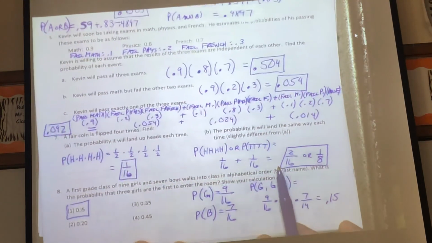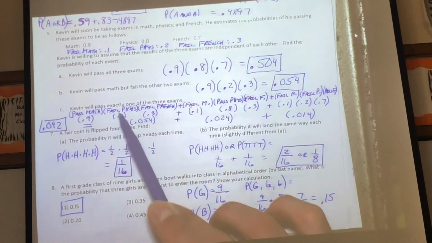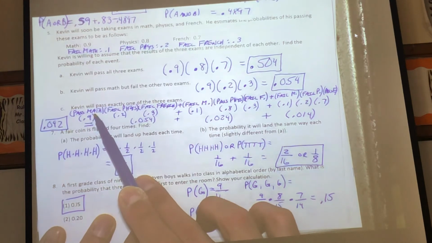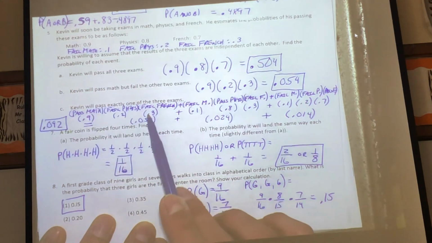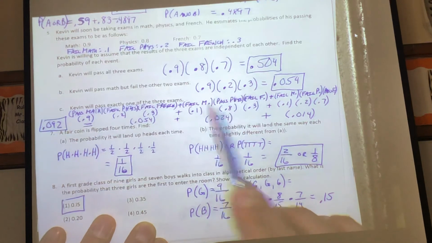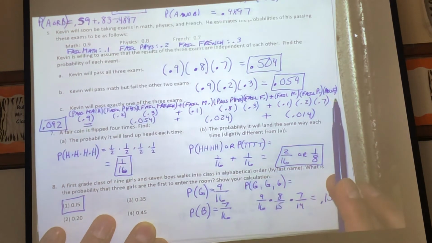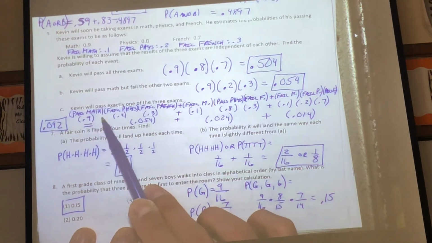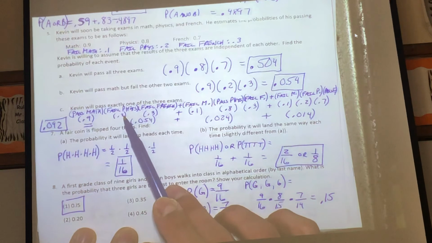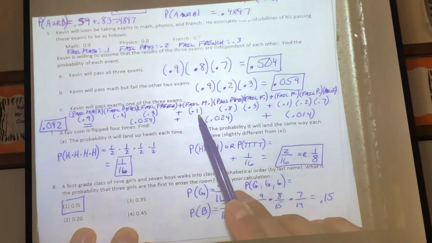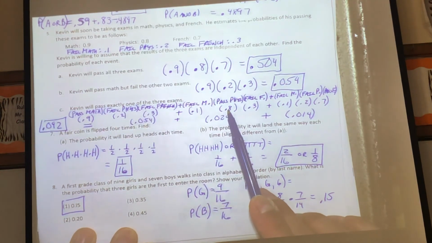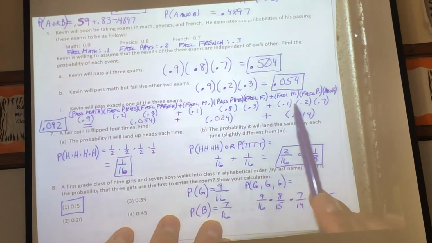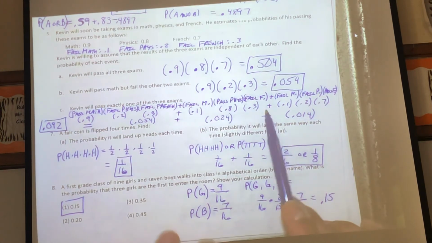Now the next one requires a little bit of work. It says Kevin will pass exactly one of the 3 exams. So he could pass math and then fail the other 2. He could pass physics and fail the other 2. He could pass French but then fail the other 2. So I took these probabilities, passing math, 0.9, failing physics, 0.2, failing French, 0.3, failing math, 0.1, then passing physics, 0.8, 0.3 for failing French, failing math, failing physics, passing French. The reason why we're adding these is because